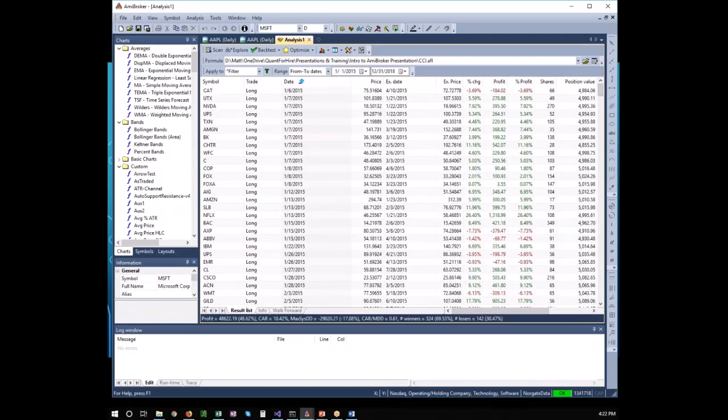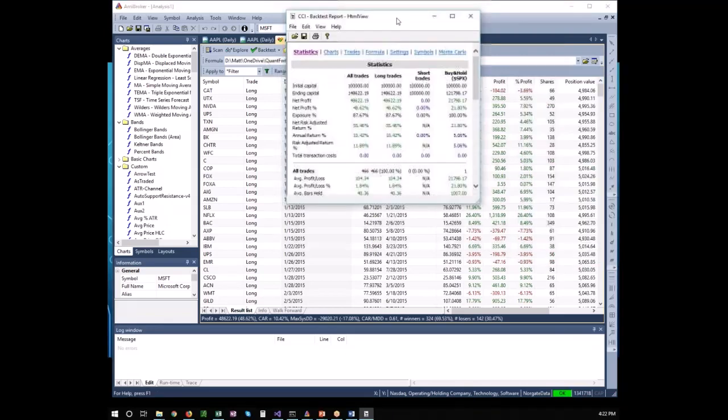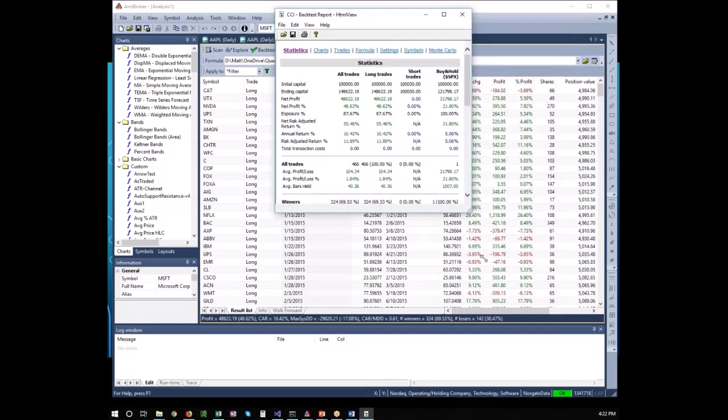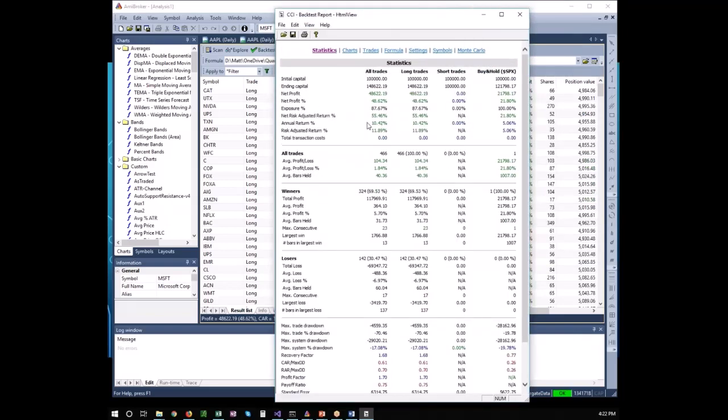In addition, after we've run a back test, this little icon that looks like a spreadsheet, if we click on that, AmiBroker will give us even more information about our back test. So in addition to those little summary things that we saw at the bottom of the screen, like compound annual return, we can see all sorts of other stuff, like total dollars of net profit, exposure, which is a number indicating how much of your capital was in use each night on an average basis over the course of the back test. Risk-adjusted return, which takes exposure and CAR both into effect, how many trades, what the average P&L was,